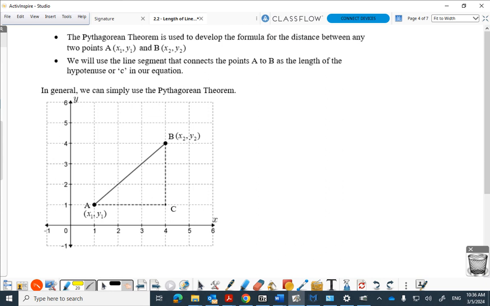can I just look for a second? Oh, I see. Okay. So the Pythagorean theorem is used to develop the formula for distance between 2 points. We will use the line segment that connects A to B. And now it's got 2 points on there. And I wish it didn't have the scale on here, actually. Ignore the scale for a second. This is true for any 2 points now. For any 2 points, if you want the length of this line segment,